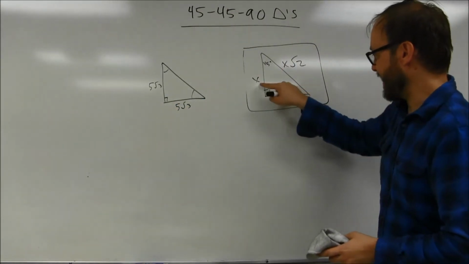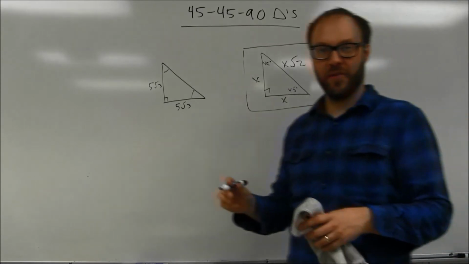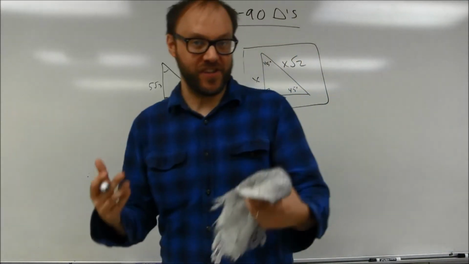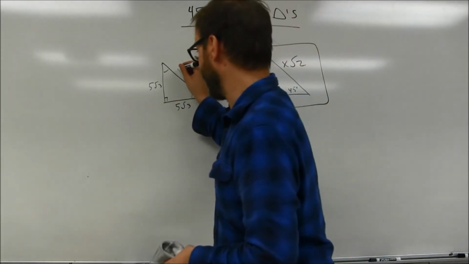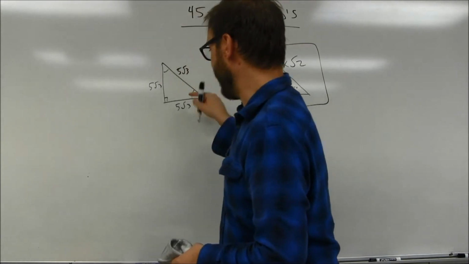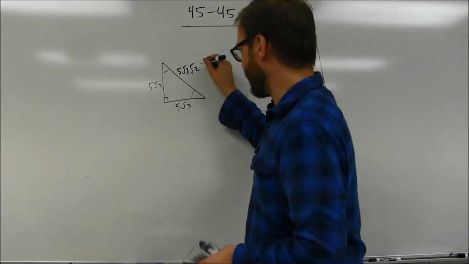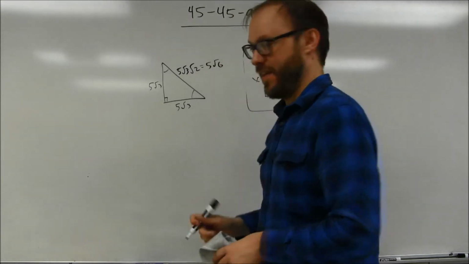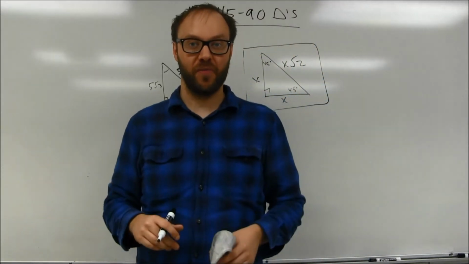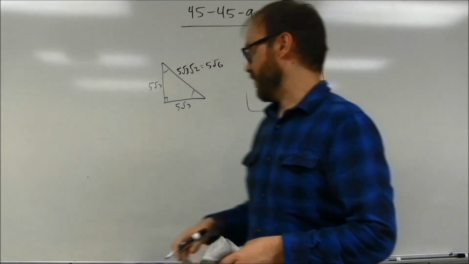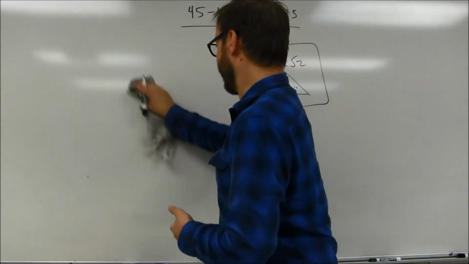You're going to take the legs and you're going to multiply them by the square root of 2. Okay? You're just going to have to simplify it, and you may not get something that has a radical 2 at the end. So the leg of 5 radical 3 is going to get multiplied by radical 2. That's going to simplify down to be 5 radical 6. Remember, you can multiply numbers under radicals together. You can get new radicals. Okay? So if I have something like